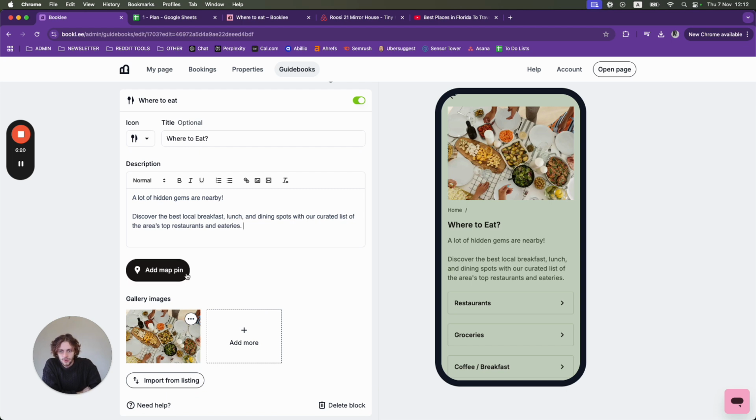With this feature, you can add a map pin on your interactive Booklee guidebook map. A rule of thumb for where to eat places to use the map pin is to add a pin on your map with best cafes, restaurants, places to eat. So let me show you how you can actually add a map pin here on your